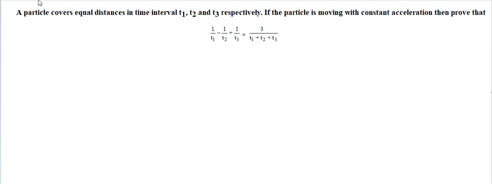Here is another question, question number 2. Again, it's homework, and that requires a little bit of calculation. Here you need to prove that this is going to be the relation among the times. And what is the time? The particle covers equal distances during t1, t2, t3 intervals of time, and it's moving with constant acceleration. So again we have the constant acceleration case, and we can use the equations of one-dimensional constant acceleration, and we need to prove that this is going to be the case. So you need to prove it.